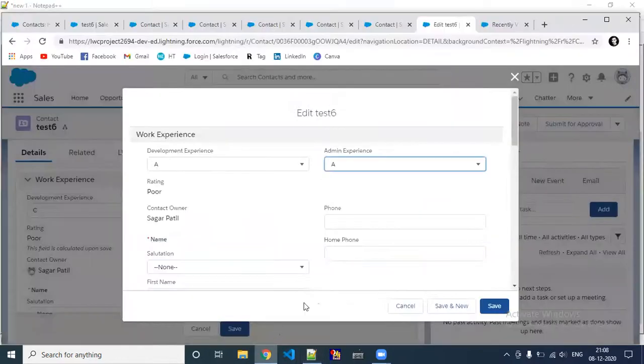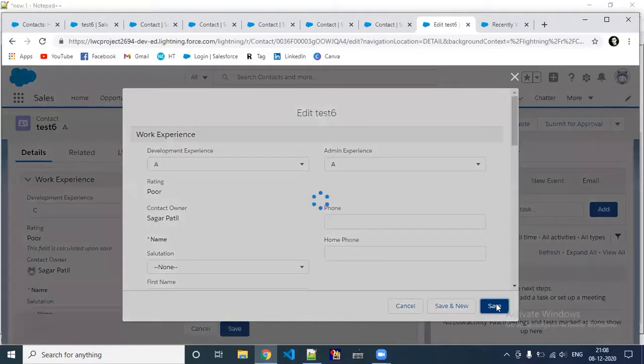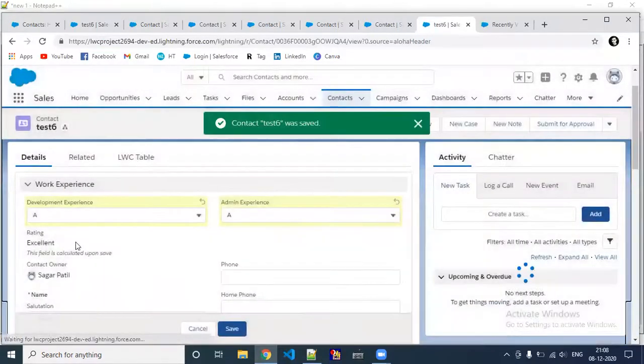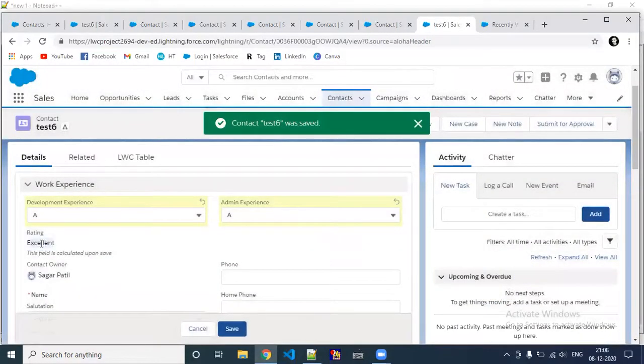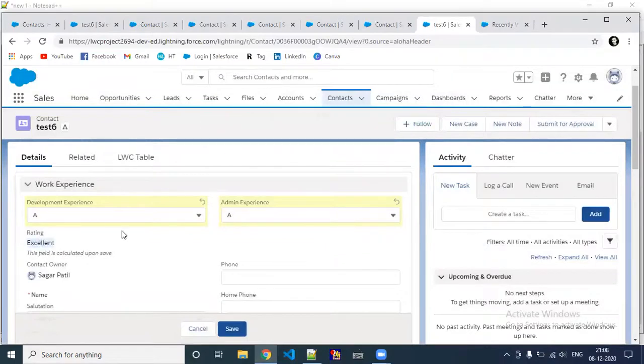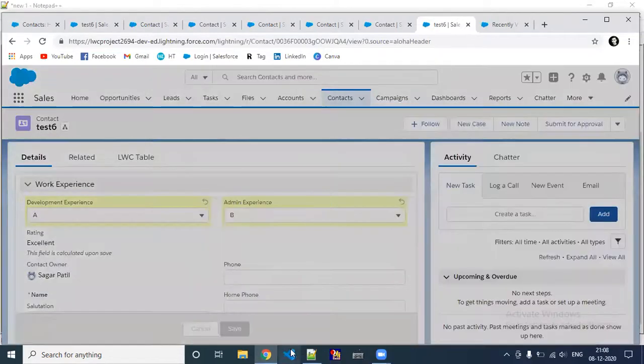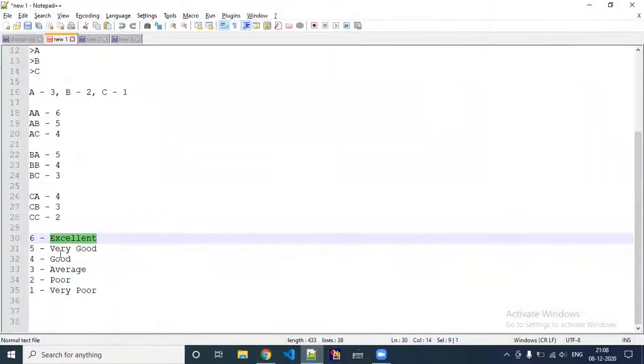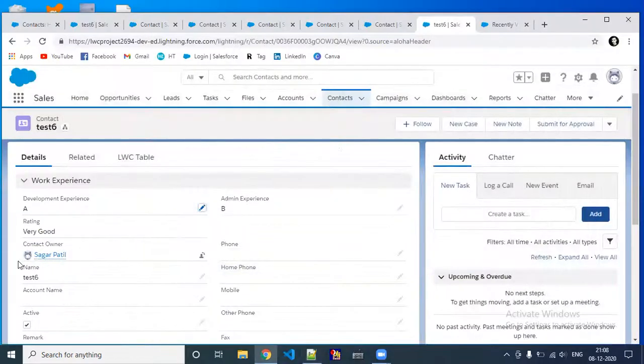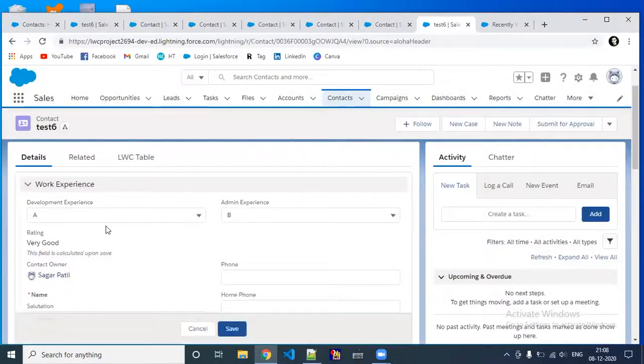Right. So I'll click on save. You could see that the rating is automatically populated as excellent. If it is A plus B, that means 3 plus 2, 5, which is very good.